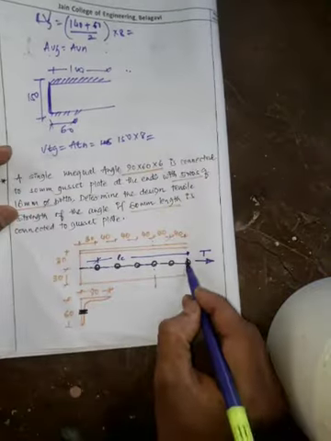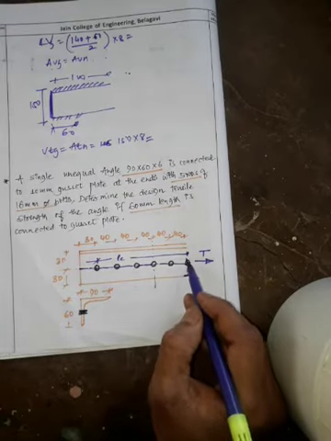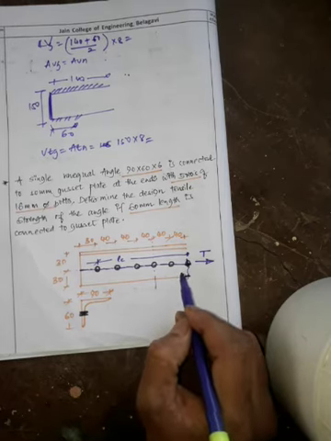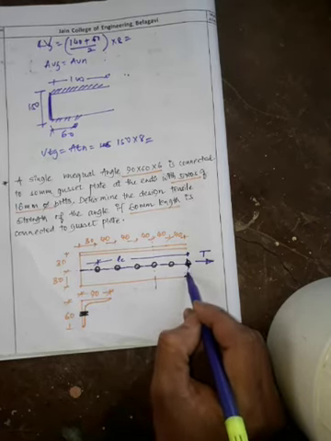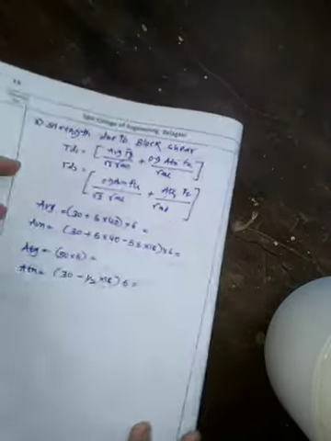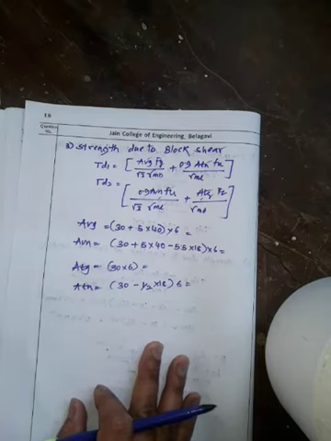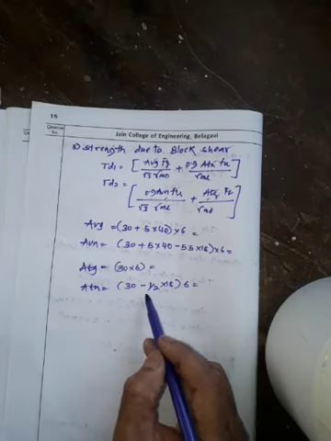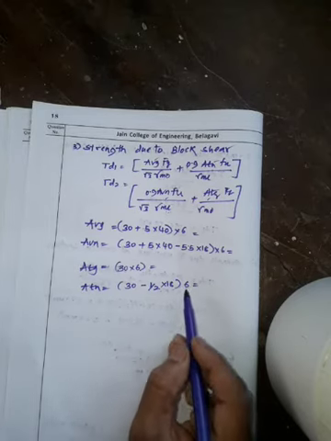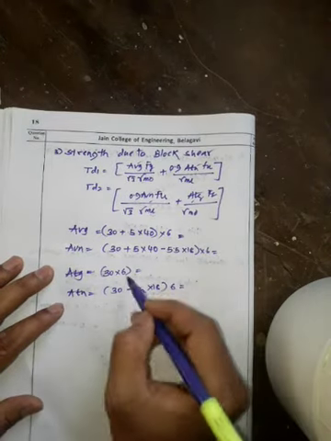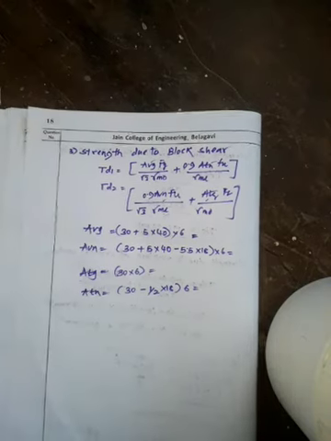So this is 30. I told you, you have to take from the center of the bolt hole to the end, or toe, of the angle section. So this distance is given as 30. Understood? So we have taken 30, and that's why it is 30 into 6. And for the net, 30 minus half of 18, because half a bolt hole is cutting, into 6. So you have to find that out. I think after getting this you can easily find out the rest.